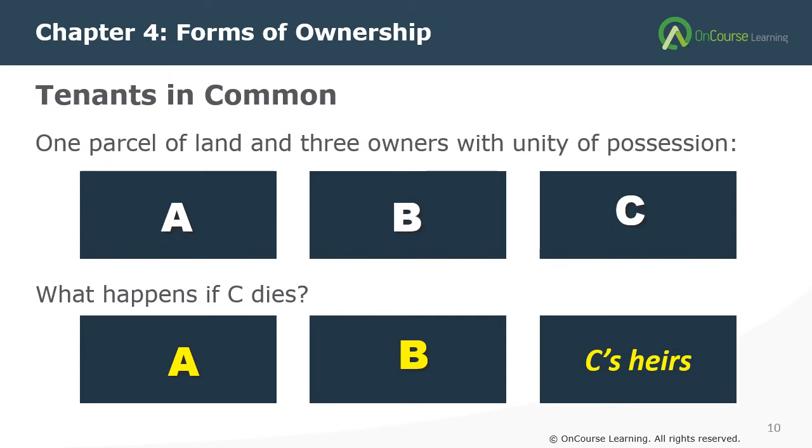With the tenancy in common, each owner has a separate title to an undivided interest. That means each can sell, mortgage, give, or devise his or her interest separately. Remember, there is no right of survivorship. And in terms of the percentage of ownership, it will be equal if it is not specified. If it is not equal, it should be specified